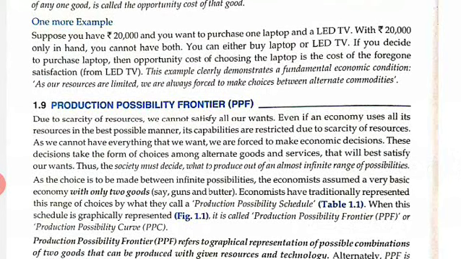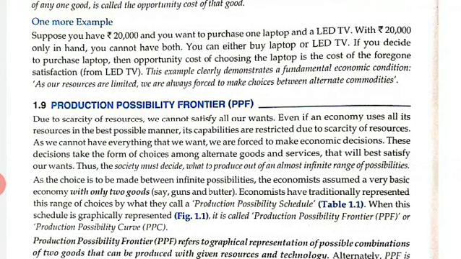So we need to take an economic decision, in the form of choices among alternative goods and services. As the choice is to be made among infinite possibilities, economists, in order to keep the analysis simple, have decided that the economy will be producing only two goods, for example gun and butter. It can be anything; in this book we have gun and butter.